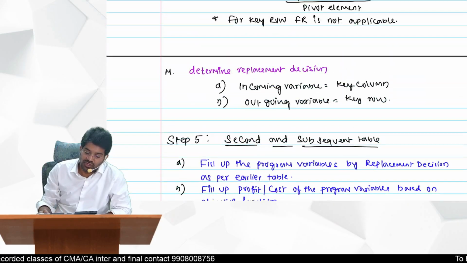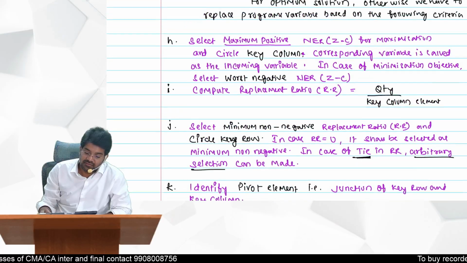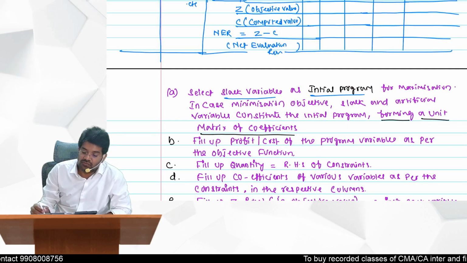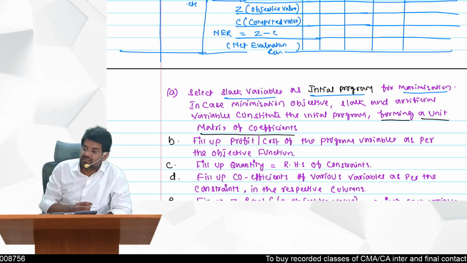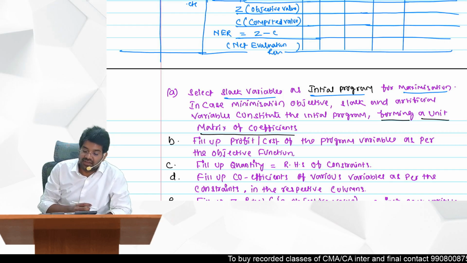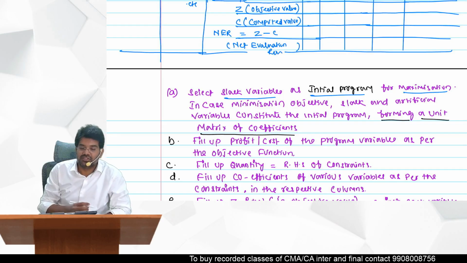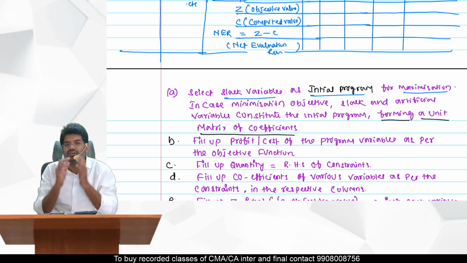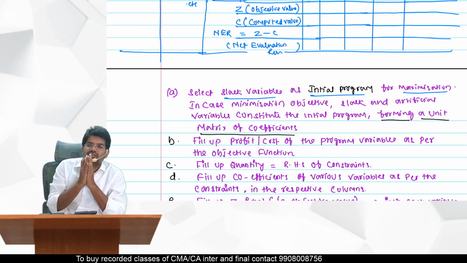First, what you should do here is select slack variables as initial program for maximization. So we should take slack variables as the program variables. What is the logic for that? First we will assume